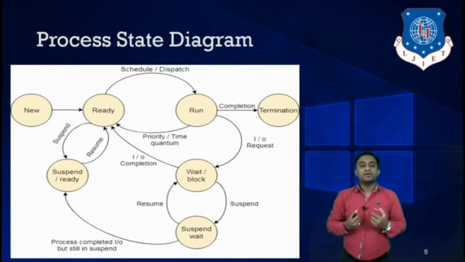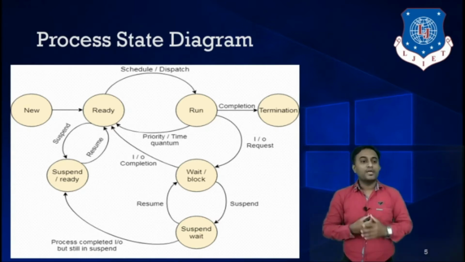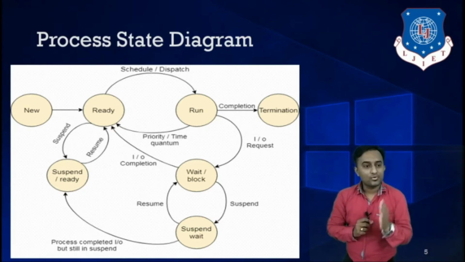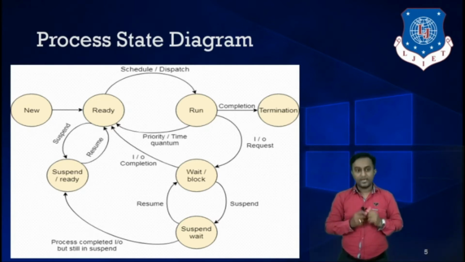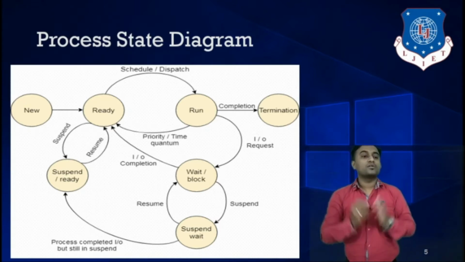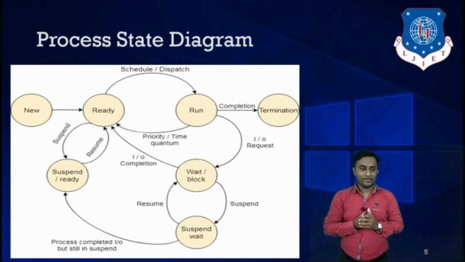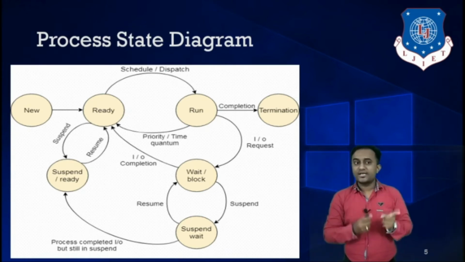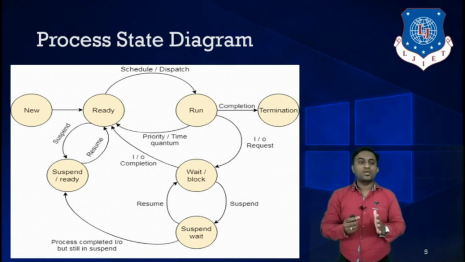When we are talking about the ready state, it maintains one queue in which the processes are ready for execution. Ready for execution means they are in a waiting state, waiting for the resources for their own execution. So the new state is located in secondary memory, and the ready state is located in main memory. You have to keep that in mind.